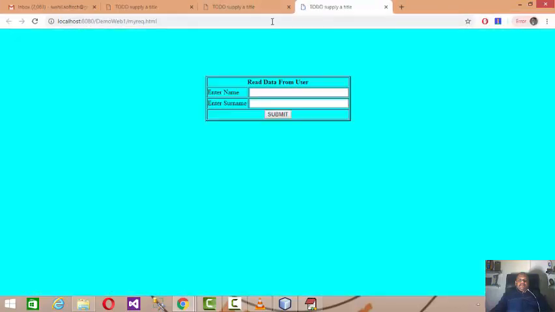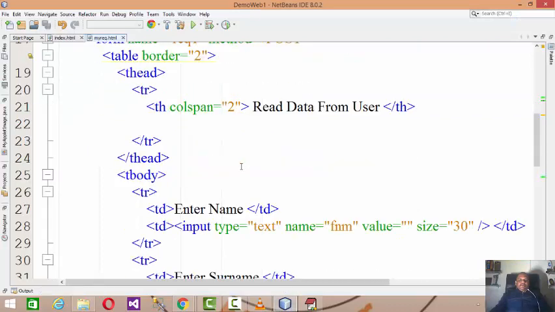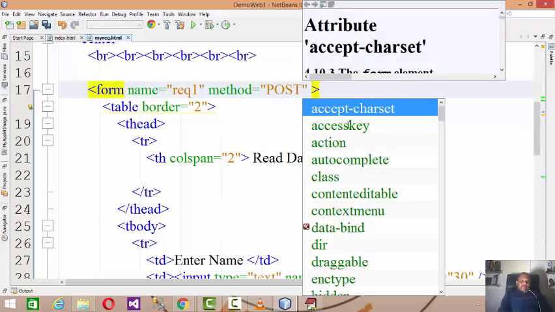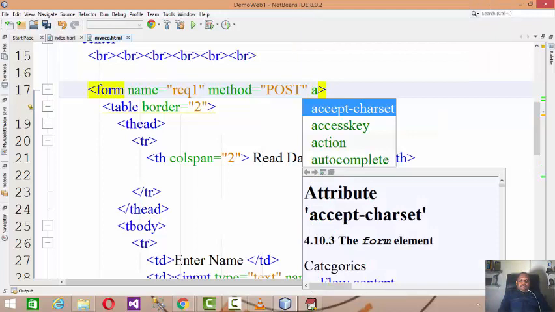We get the view like this now, having some upper space on the top. And then form name equals request one, the form is there, method equals post, because we are posting the data. I'll be discussing in the next sessions the difference between the get and post methods. But form name equals request one, method equals post, and here you have to specify the name of the page. Action